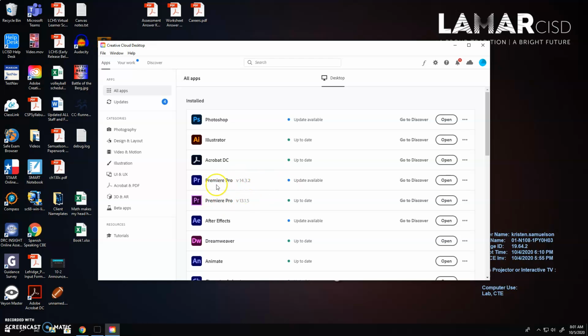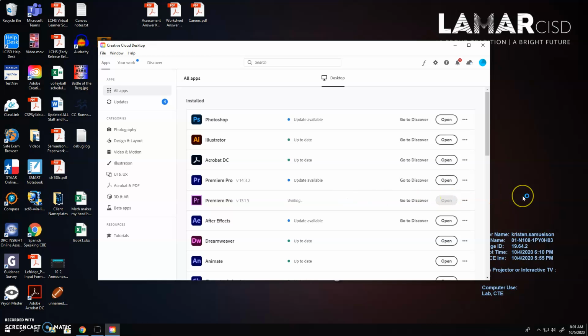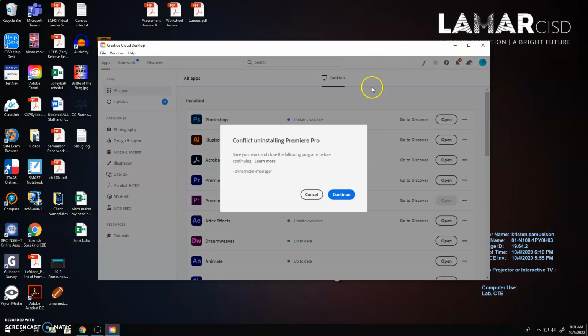So in order to get rid of the previous one, go to the Adobe Creative Cloud, and you'll see that I have two here. Whatever the higher number is, that's the one we're keeping. So I'm going to go to this other one and choose Uninstall. I'm going to go ahead and keep the preferences, and then it'll take a couple of minutes to close it. In the meantime, wherever you have your